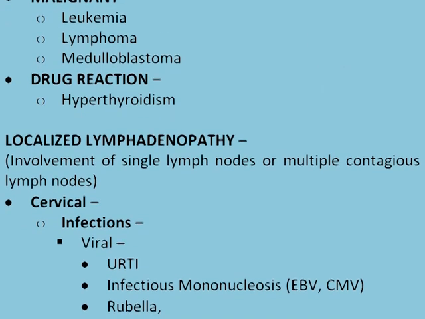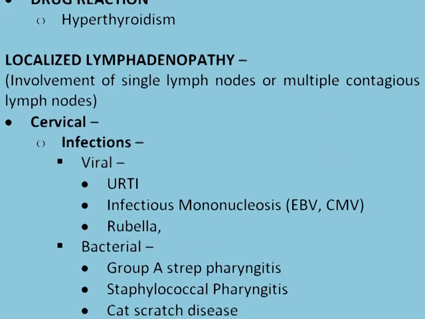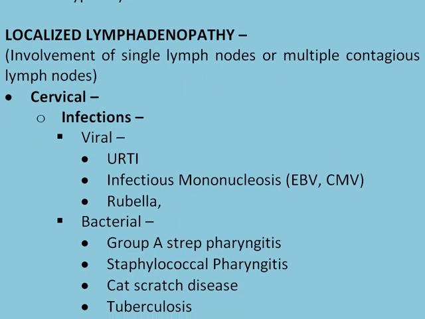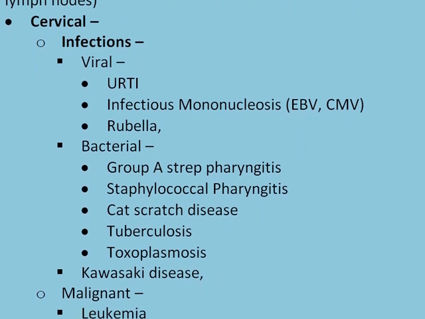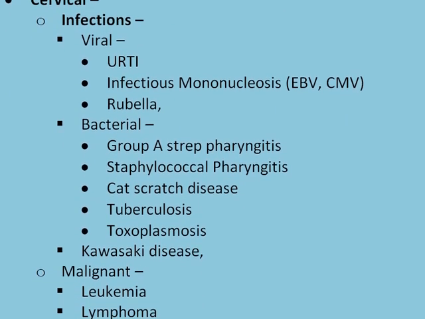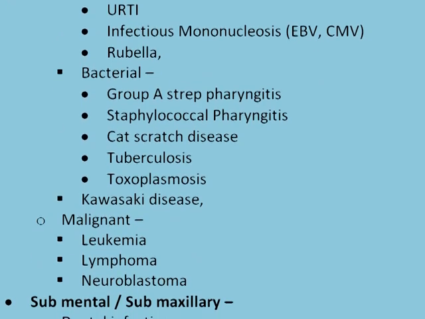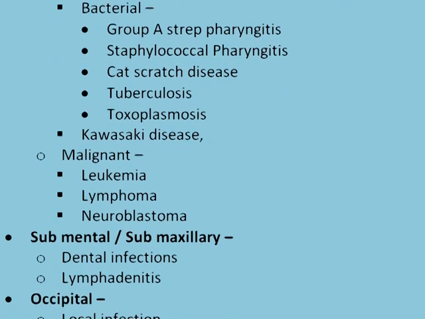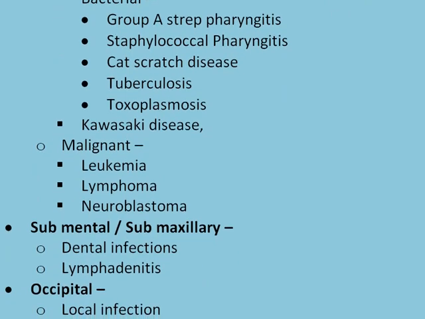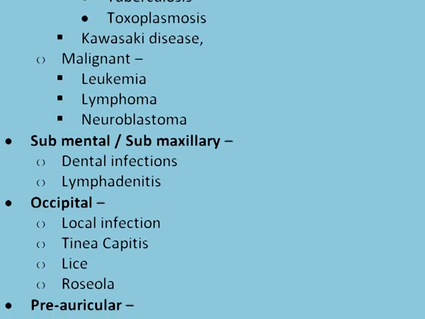In case of cervical involvement, viral infections such as upper respiratory tract infection, infectious mononucleosis, and rubella are common. The bacterial causes include group A streptococcal pharyngitis, staphylococcal pharyngitis, cat scratch disease, tuberculosis, toxoplasmosis, and Kawasaki disease. Malignant causes, as mentioned before, are leukemia, lymphoma, and neuroblastoma. Submental or submaxillary involvement is due to dental infection, lymphadenitis. Occipital lymphadenopathy is because